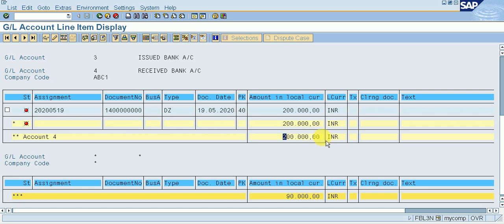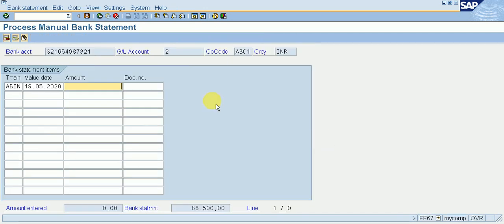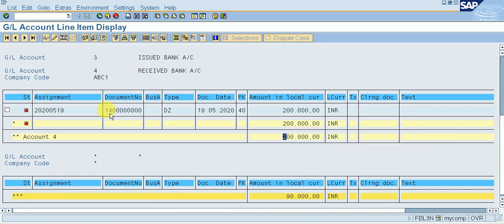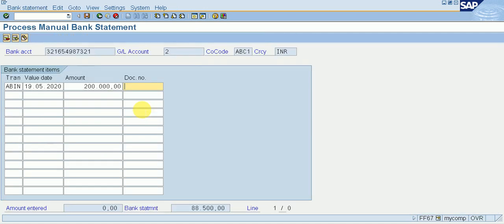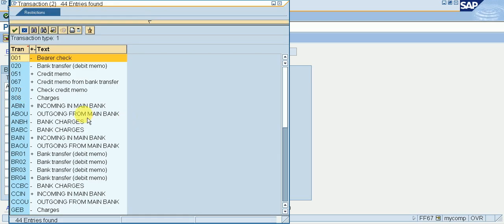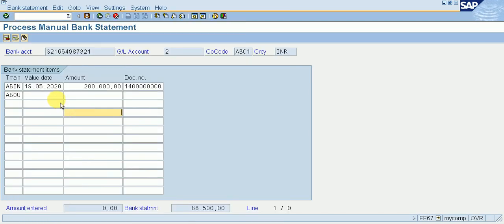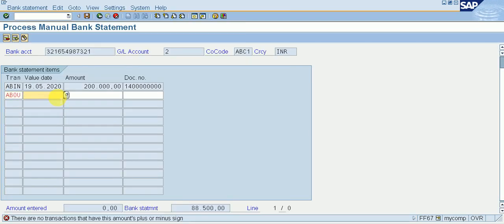Copy here. Okay. So for document number, I'm copying here document number. ABOU, value date. Enter.